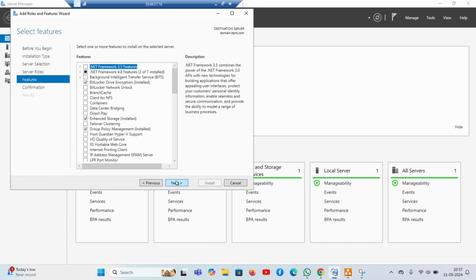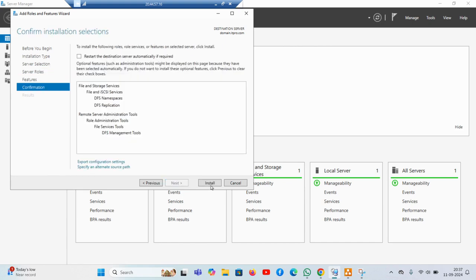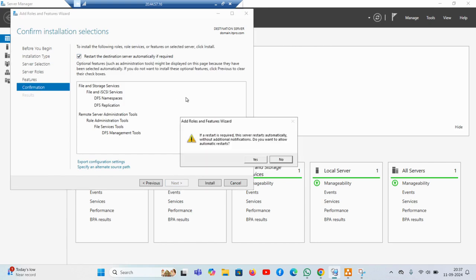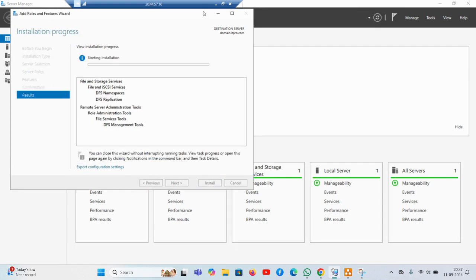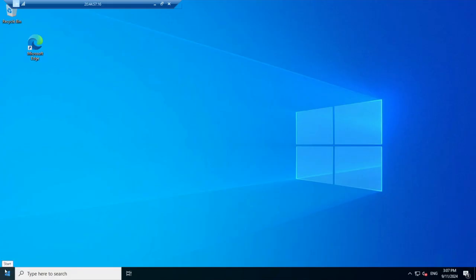Today we are discussing only DFS namespace. The upcoming video will be about DFS replication. Install this feature, and I'm creating a folder in this server and making it a shared folder. I will show you. Go to File Explorer,